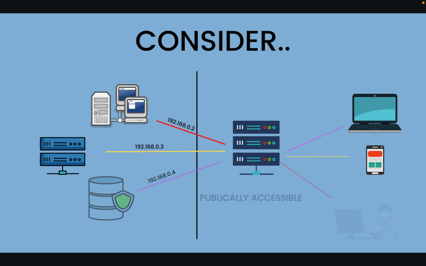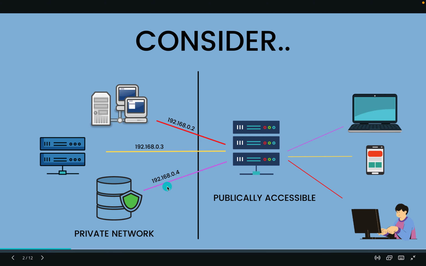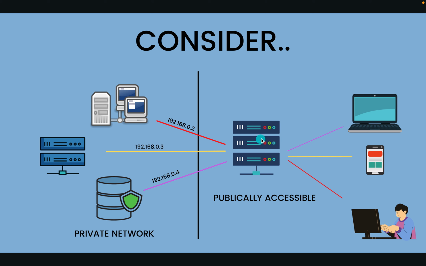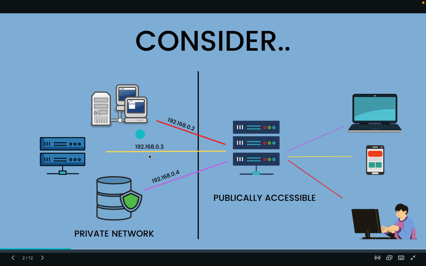So consider an example of an internal network and a publicly accessible network. As you can generally guess, a public server will not have access to each and everything in itself, because if this gets hacked, the company is gone for good. What companies generally do is make a server publicly accessible and keep all the critical stuff behind a firewall.